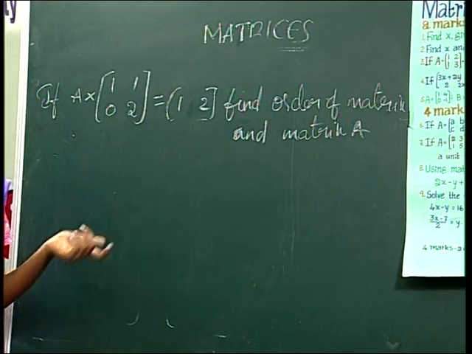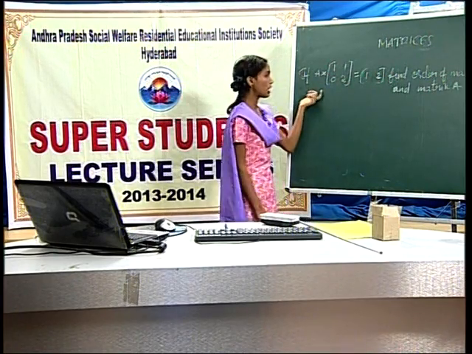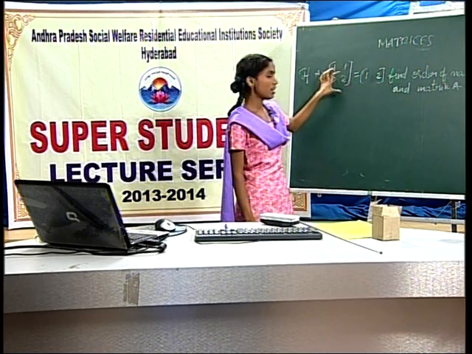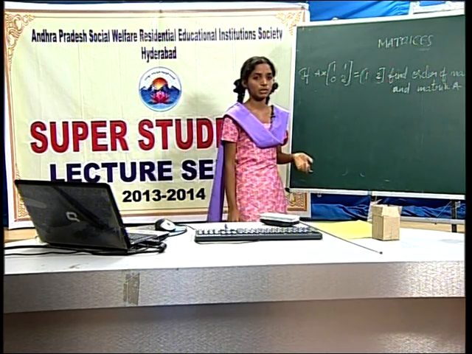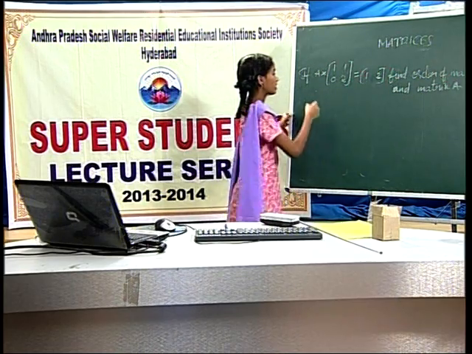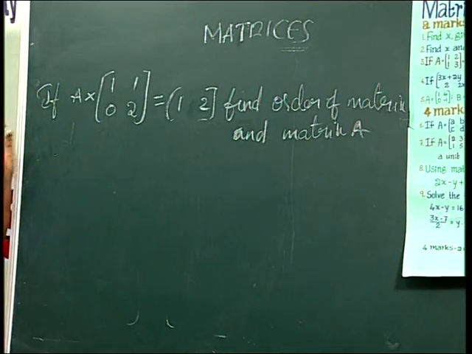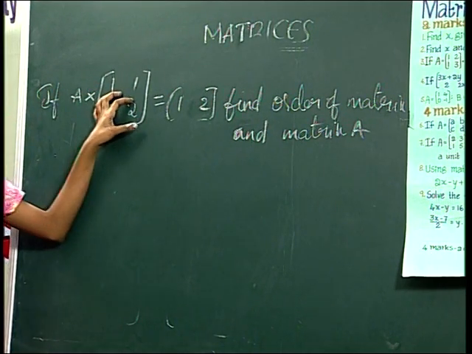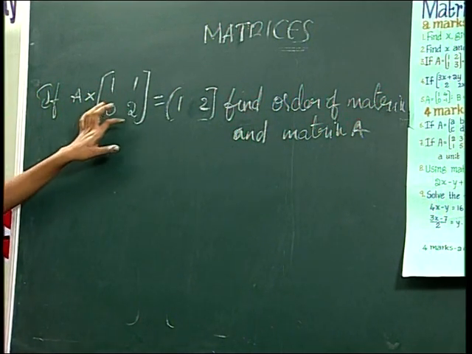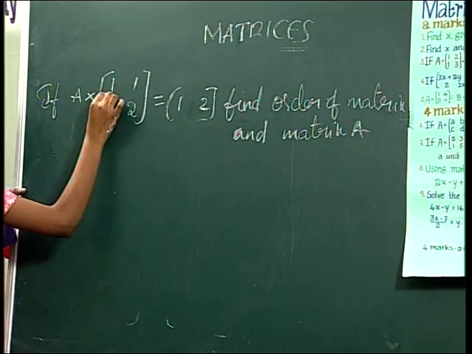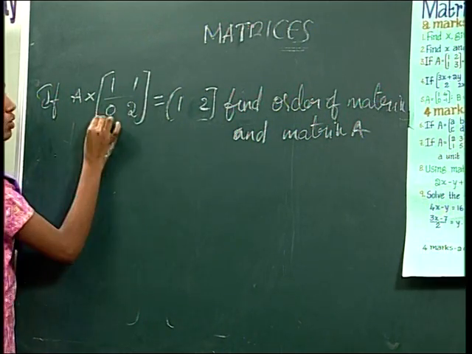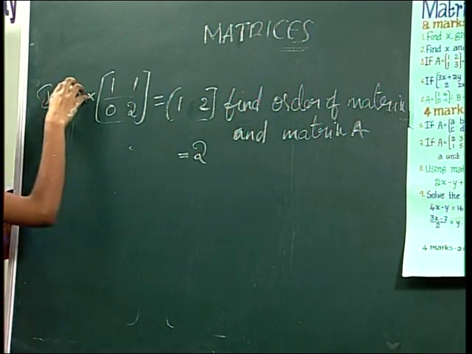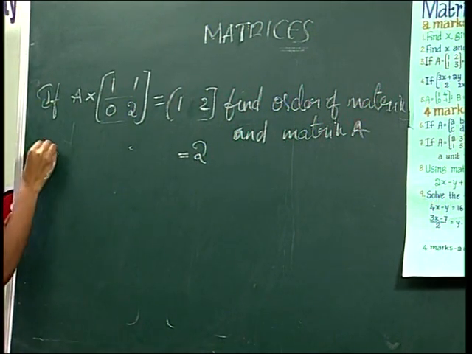When is multiplication possible? When the number of columns in the first matrix is equal to the number of rows in the second matrix, then only multiplication is possible. Did you understand? Here how many rows, friends? 2 rows. This means these rows are equal to the number of columns in the first matrix. So the number of columns